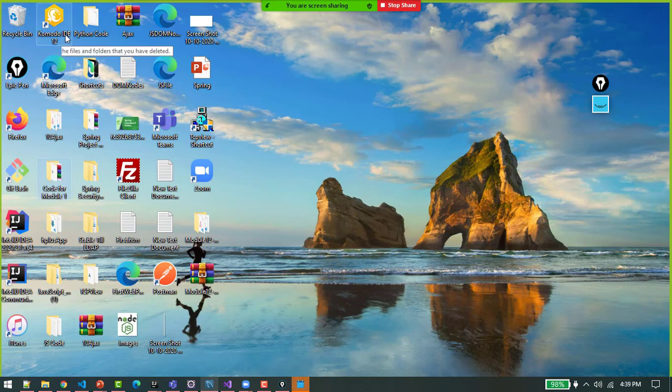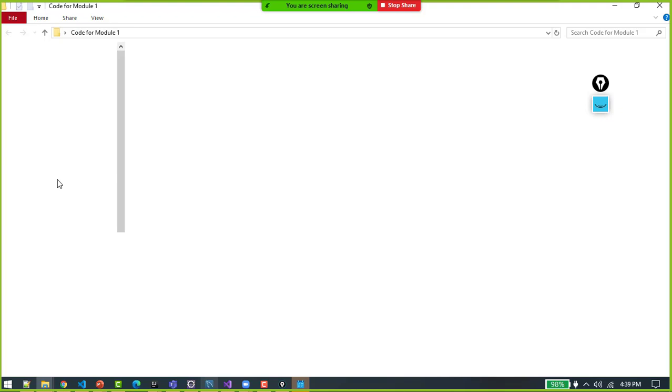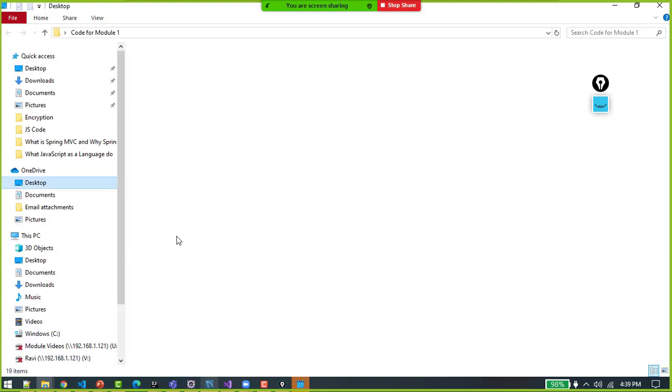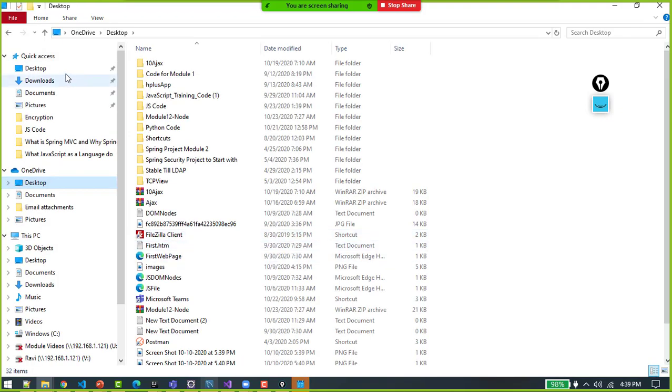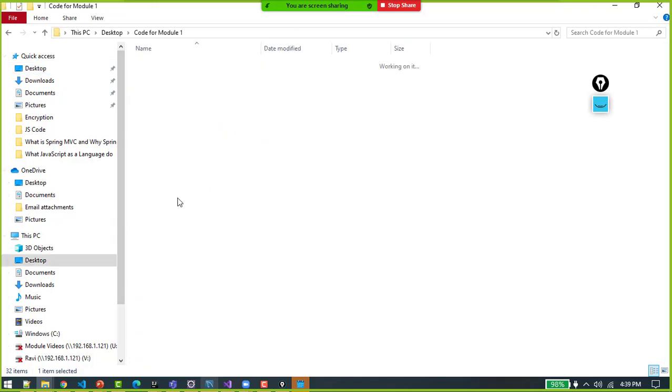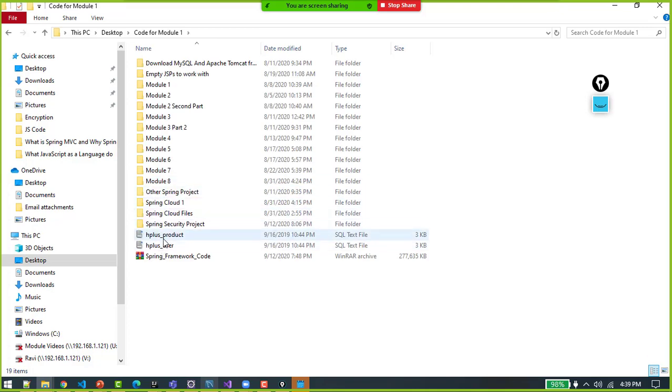For example, if you download your Spring code, you'll get the database queries and the table queries and these H+ files. You'll get that to create the database and to create the tables.